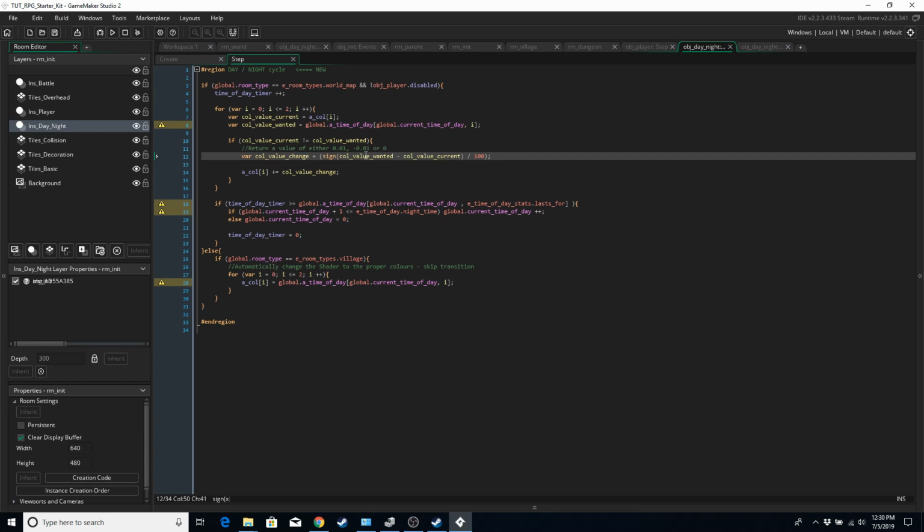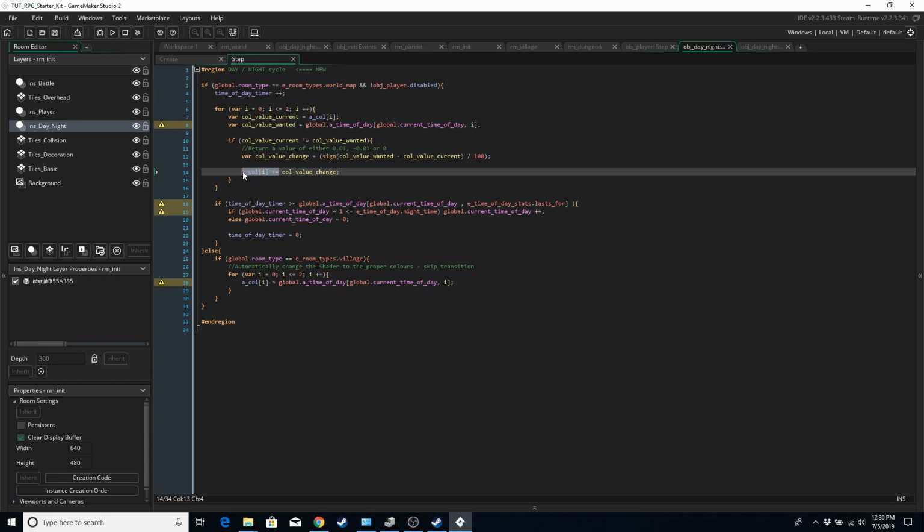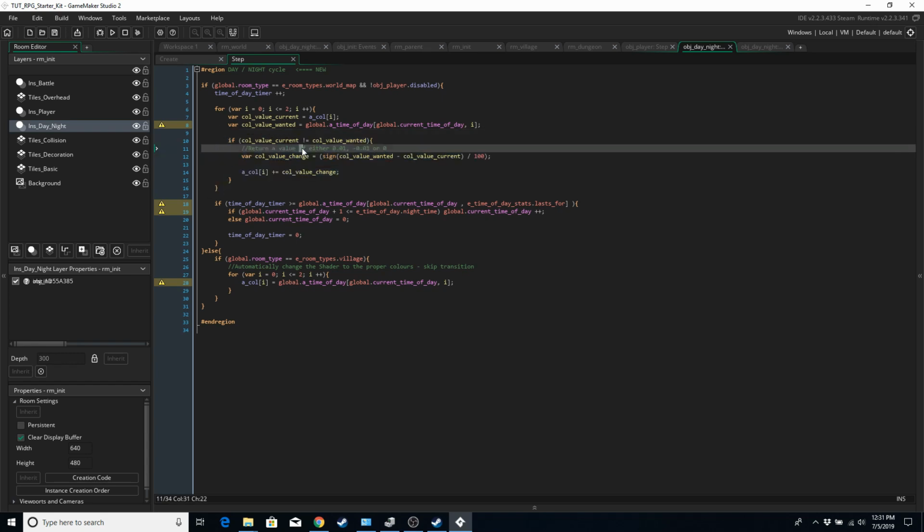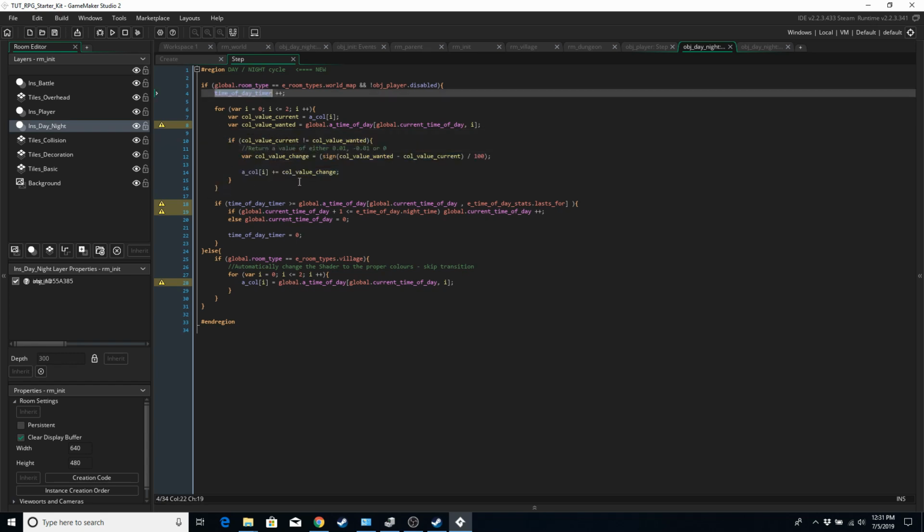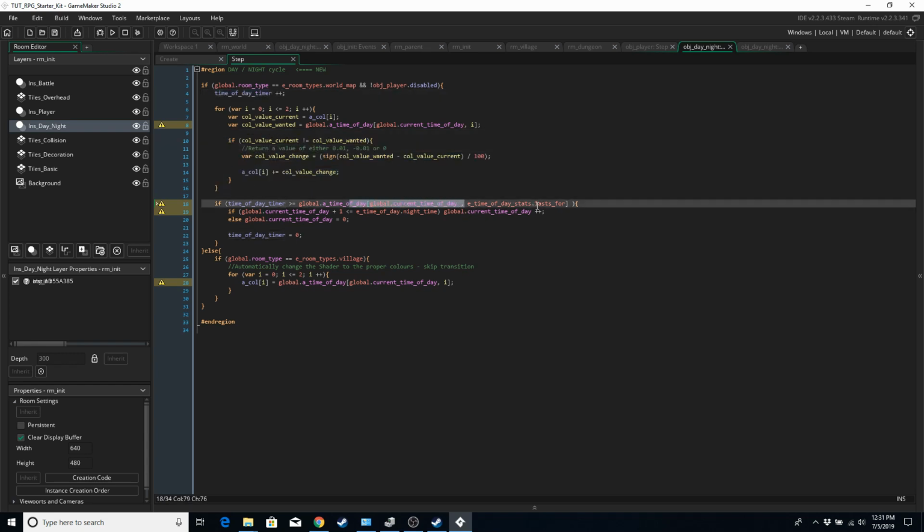Say for example, blue is currently 1, and we want 2. 2 minus 1 would be 1, and the sign of that would be 1, and then we divide that by 100, which gives us 0.01. And that's what we're going to add to blue every step until we get to 2, and then it's going to stop. If this timer is greater than or equal to the time of day,